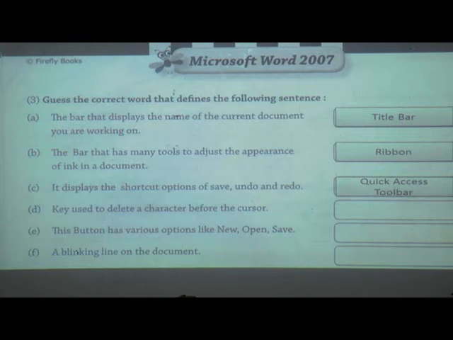Now next one. Key used to delete the character before the cursor. Which key is useful on the keyboard? Keyboard has many keys, right? Which key is useful for deleting a character before the cursor?